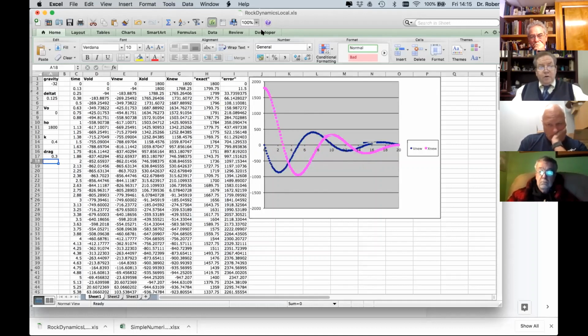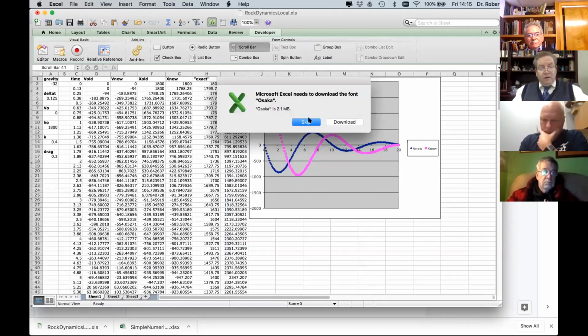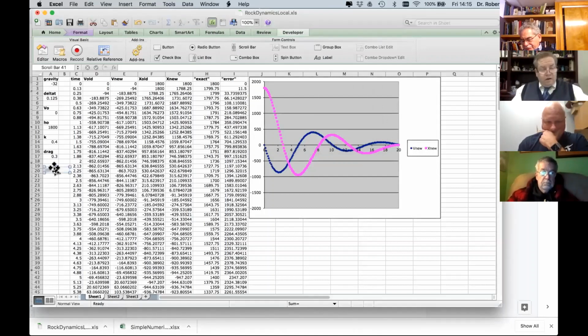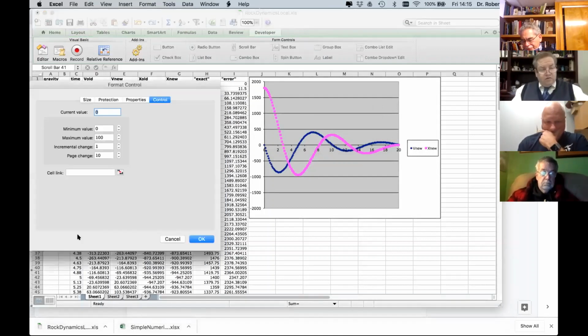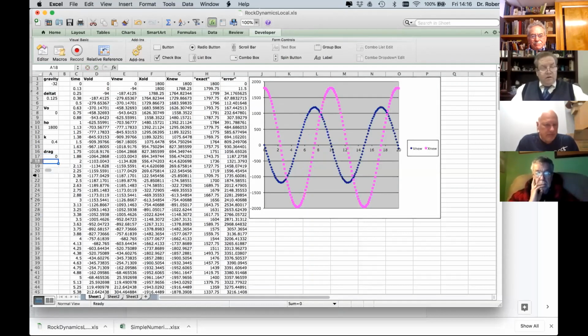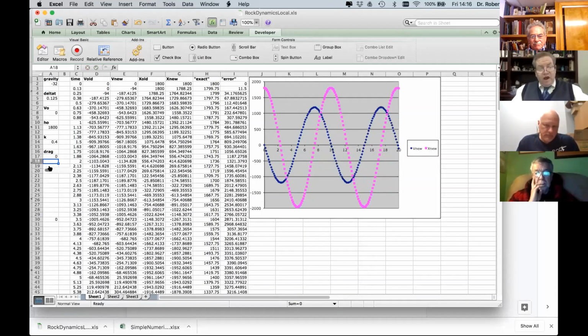And if you're a developer, you could even add a scroll bar and make these things even more dynamic. And then let's change this link to, then I'm going to make this a 30 over 100. Right. So now I have no drag, but do you see that as I increase the amount of drag,